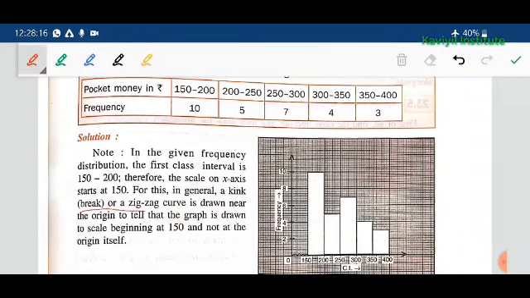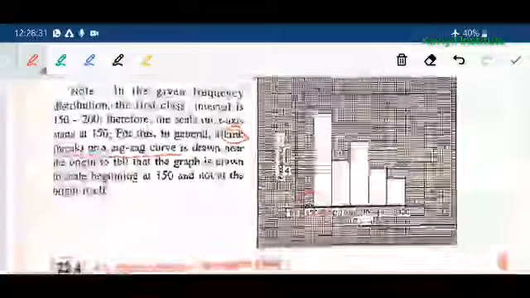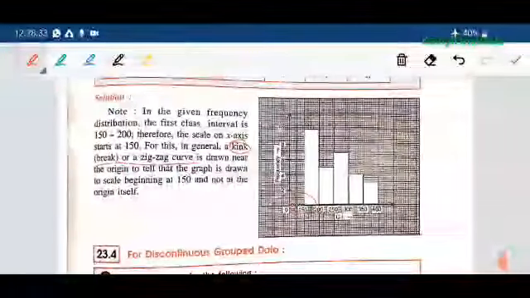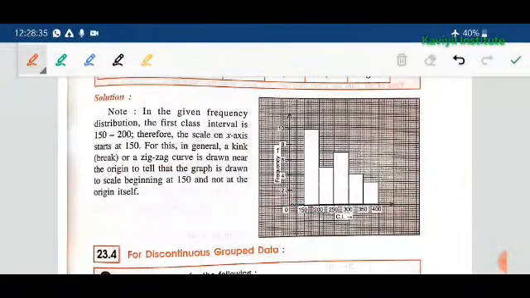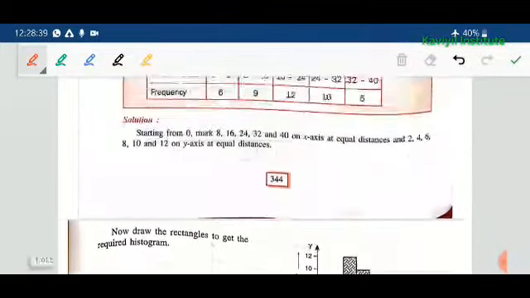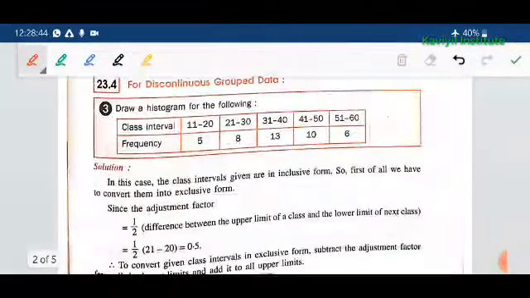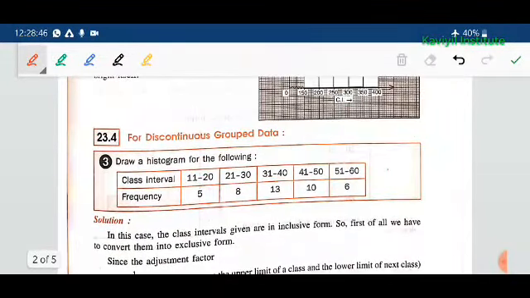This is known as a zigzag or a break. It is drawn in a zigzag manner to show that that much of the page is folded. So it is a representation only. We cannot fold it in a graph, so we are just representing that this much portion is folded, and we are directly starting from 150.